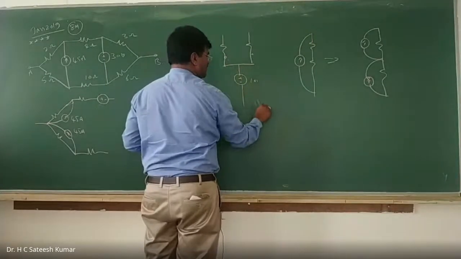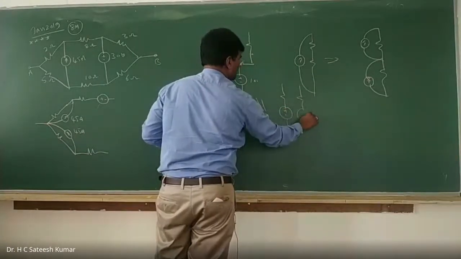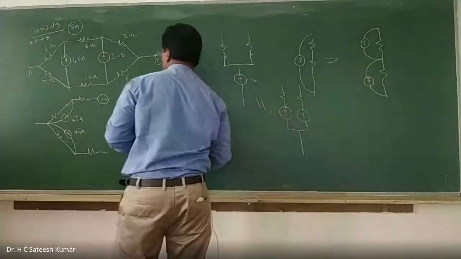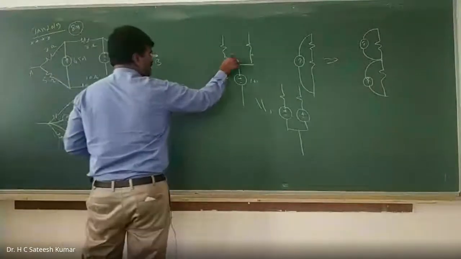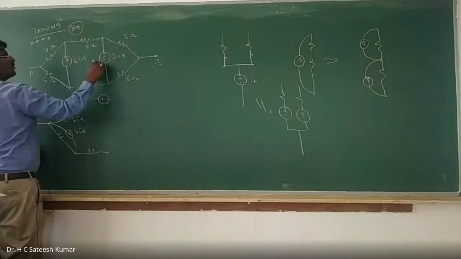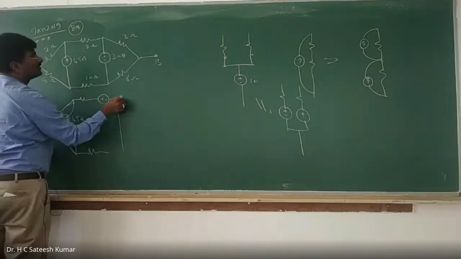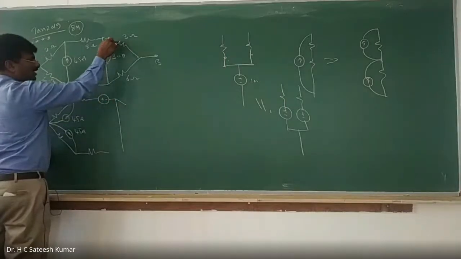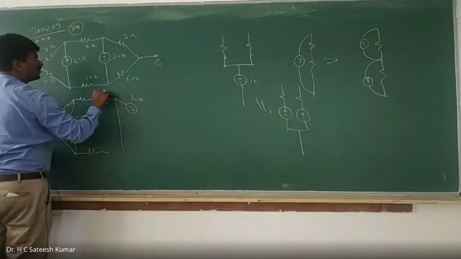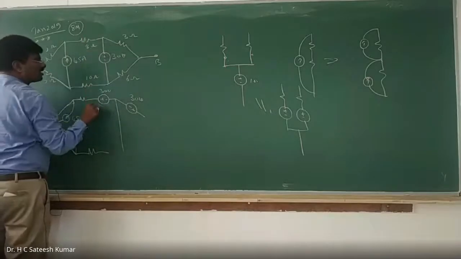I can shift it as 10 volts and 10 volts. That's what I did in the last class, right? So this is shorted. Same thing, 10 volts, I will do here. I have to maintain 10 volts. If it goes this way, it is 10 volts, therefore the polarity will be like this. And this is shorted, and this side will go positive. That will be minus plus 30 volts. This side 30 volts, this side also 30 volts.